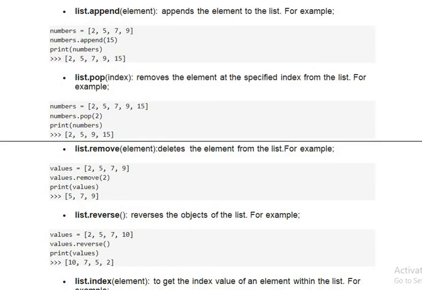So look at append and look at pop and remove and reverse.